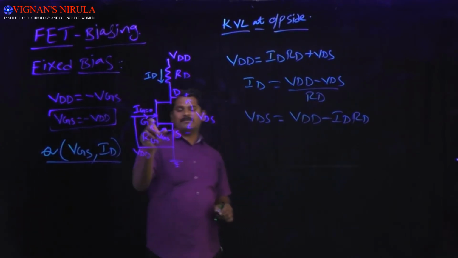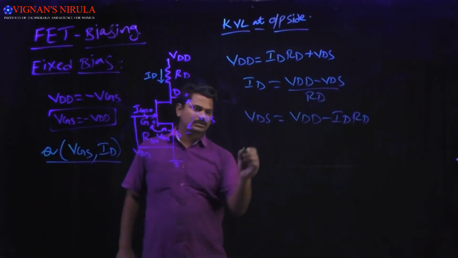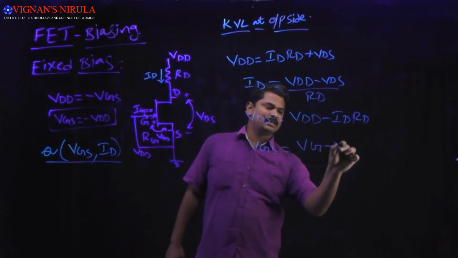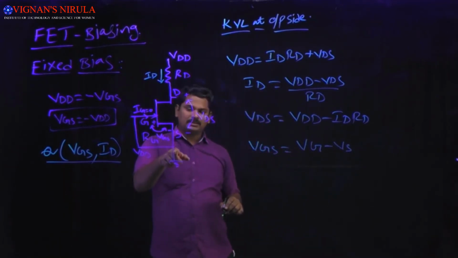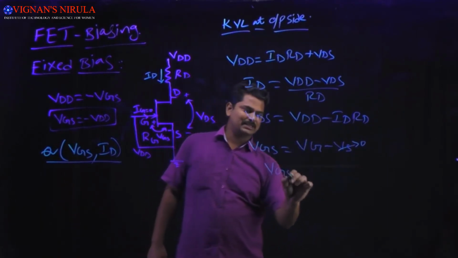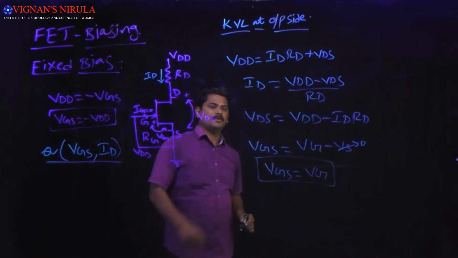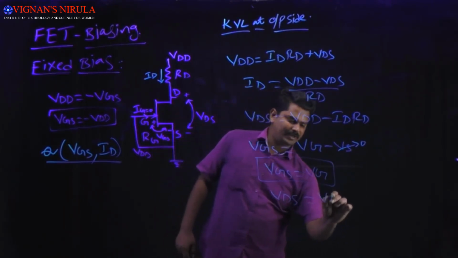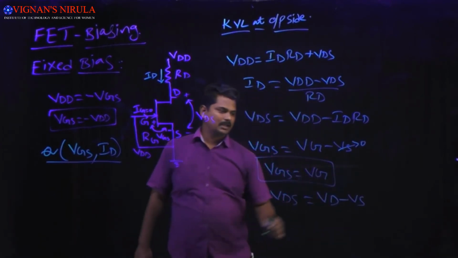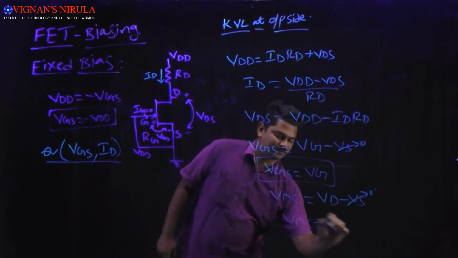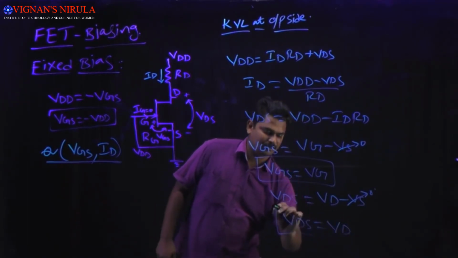And here when we apply the point-to-point voltage values, we can write that the value of VGS is equal to VG minus VS, and we know that here the source voltage is equal to 0 because it is connected to ground, so VGS is equal to the value of VG. Similarly, if you observe the value of VDS point to point, we can write VD minus VS, and here also VS is connected to ground, so the value of VDS is equal to the drain voltage.